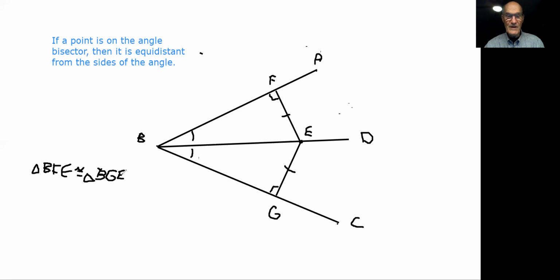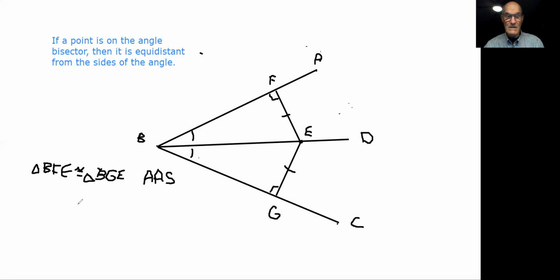And once again, the reason for that is I've got a pair of angles here, a pair of angles here, and I've got my reflexive side here at BE. So this is an angle-side congruency. Angle, side. So now I've got the two triangles congruent,